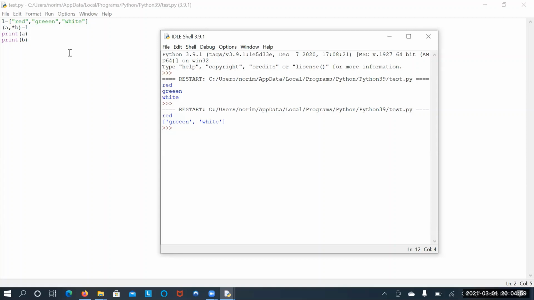But while printing, don't give the star. So whatever values you want to extract will be extracted and stored in the variables. So for the remaining values,